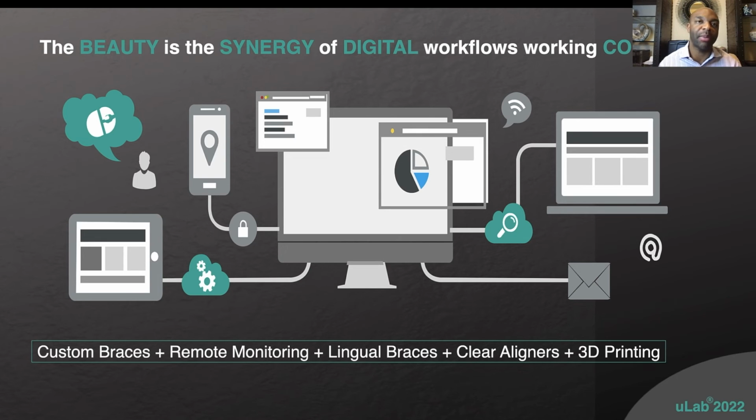And it doesn't mean that you have to be lockstep in one particular modality, but being able to go in between and use the powers and the strength of all these individual technologies is how we really get the best and leverage what technology we have available for us in the orthodontic